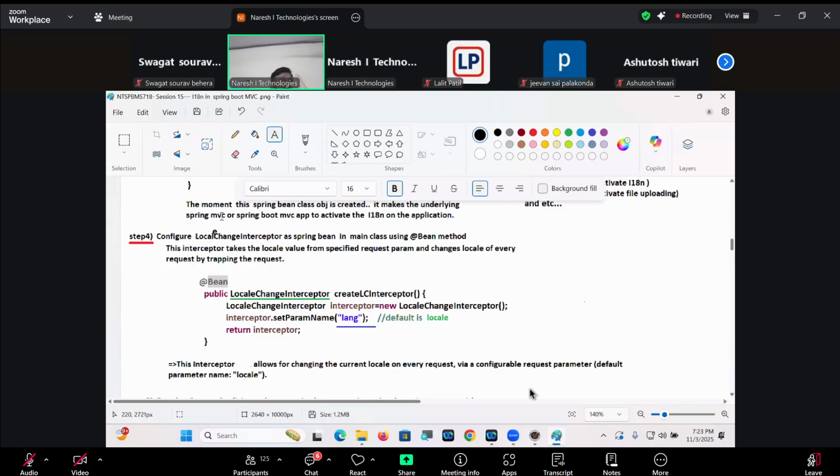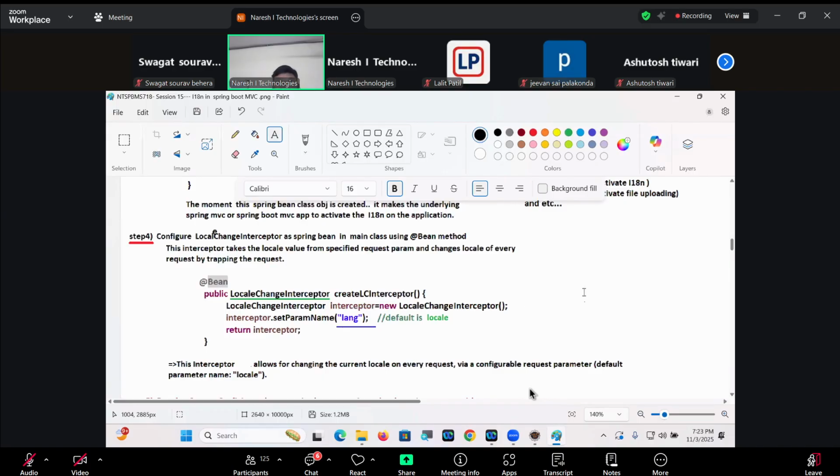Once this is activated, it has the ability to trap the request and check whether the lang request param has locale information or not. If not there, it will go back to the default one. If there, it will activate that locale specific property file and locale information. Accordingly, labels and date format, everything is decided.